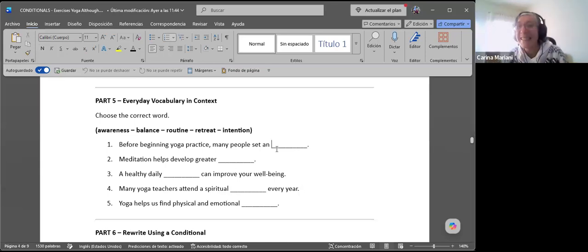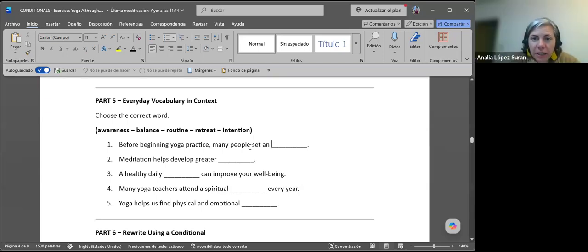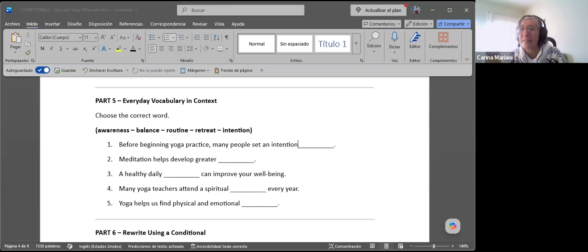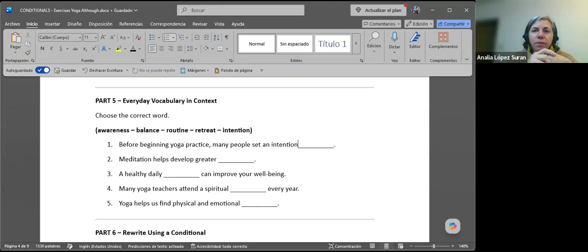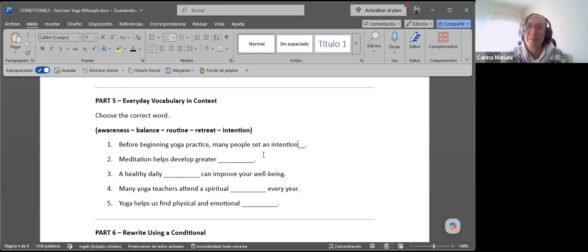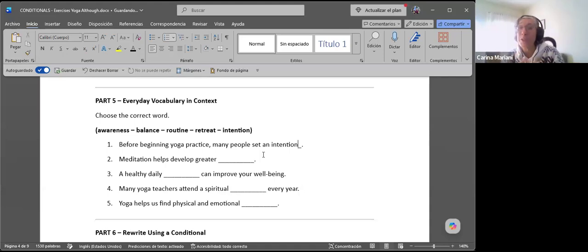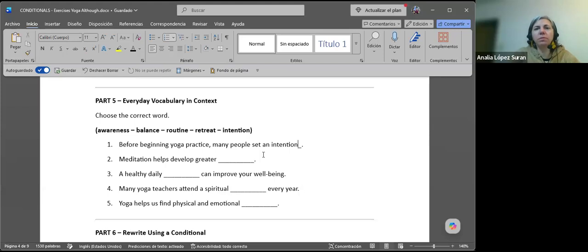So let's try and do the exercises. Number one. Before beginning yoga practice, many people set an intention. Very good. Intention. This is something that you usually do in your classes, that you set an intention before starting the class, or not? I practice it, or I say it in my mind, not for the people, but I want to change, and the students maybe change their own intention. Yes, you can invite them, encourage them to set their own intentions. I think that this is useful because it helps you to focus, to go inside and to be present,